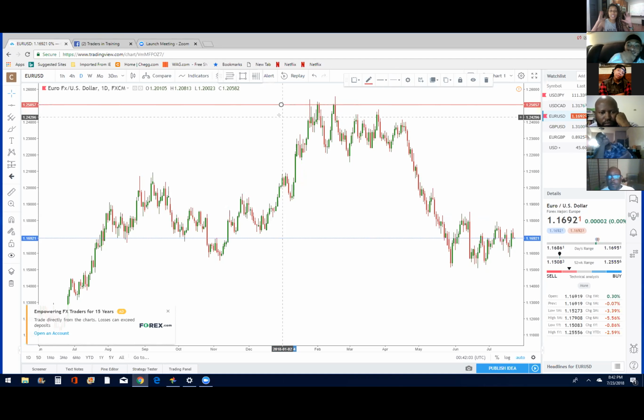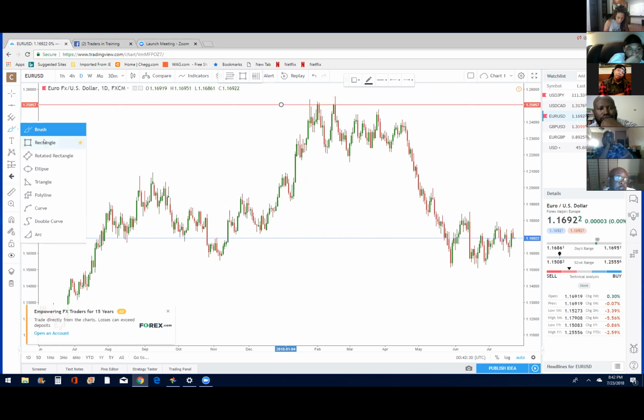As long as it's in your mind, you've got to do visually what works for you. As long as you know that's not the very top, then fine. But if you get going and you're like, oh my God, I didn't know that wick was up there, then you might need to draw where the wicks are to remind you. So that's fine. Okay, so now that I have my resistance line at the top,